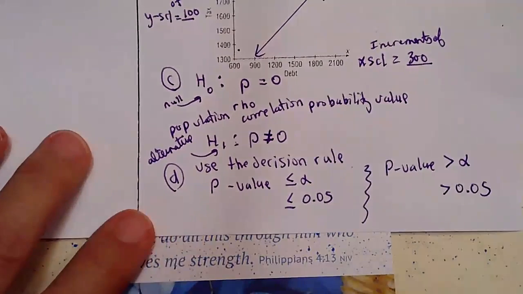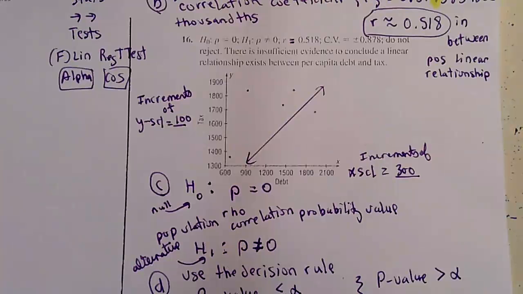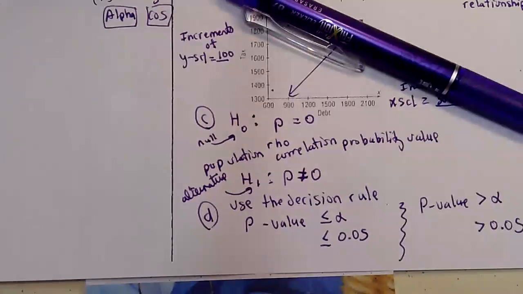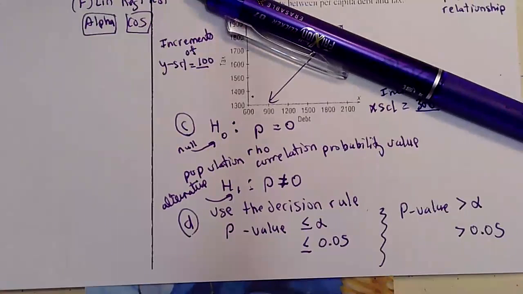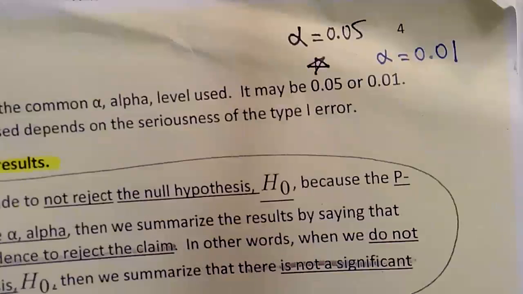And you have to be careful on your quiz, because what will happen is they will change it back and forth, like in your homework problems and on your quiz. They have the right to change the alpha level, and it's usually between two values. I have here in my notes